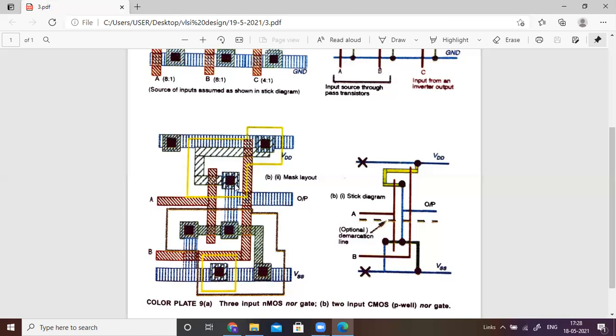Otherwise, you can take a polysilicon, connect here to here, no problem. You can connect like this also. Or you can take the Thinax layer, connect this point from this point. Okay, directly you can extend this one here also. Okay, output. So it is better to take a metal one layer connected from this point here. This is similar to this one. Okay, so this is the metal one layer.